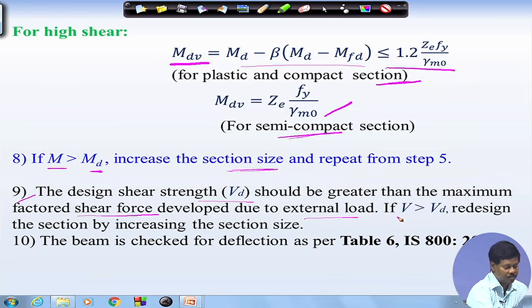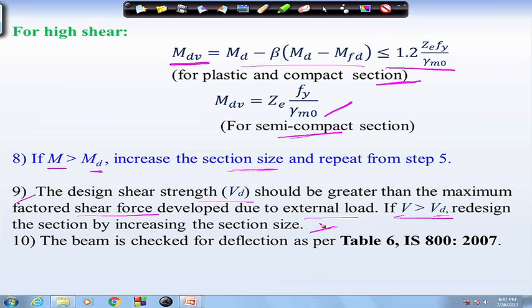Otherwise, if V is greater than Vd, then redesign the section by increasing the section size. So, if we see that the shear is more than the design shear strength, then we have to redesign by increasing the section size. And next step, we have to check for deflection, which is also another important aspect, that